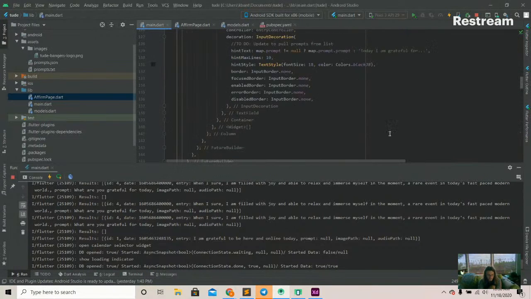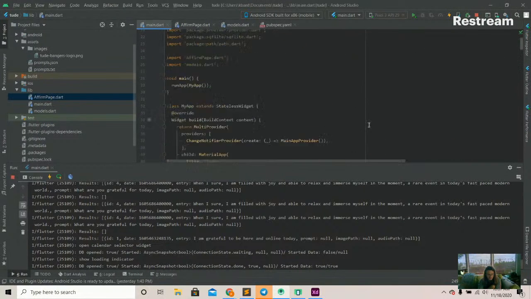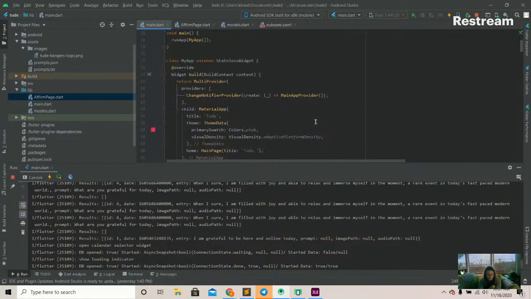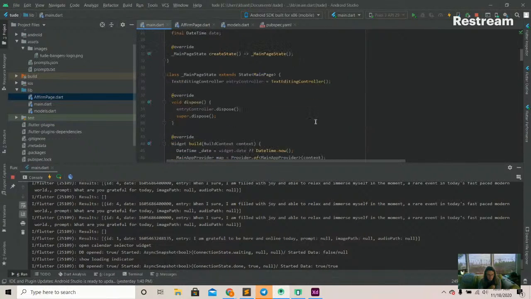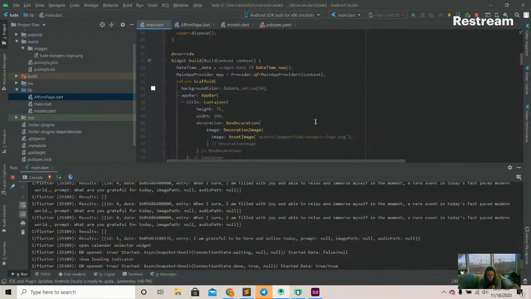So maybe on each page I just set the FAB offset to 30. What if I just set it to 30 in there? It won't ever move because when we rebuild this state with the updated FAB offset,